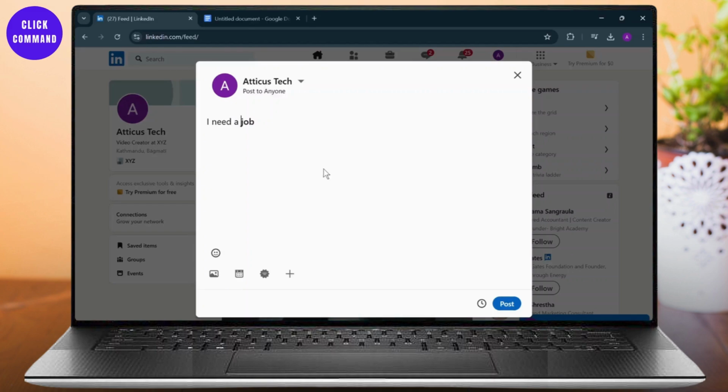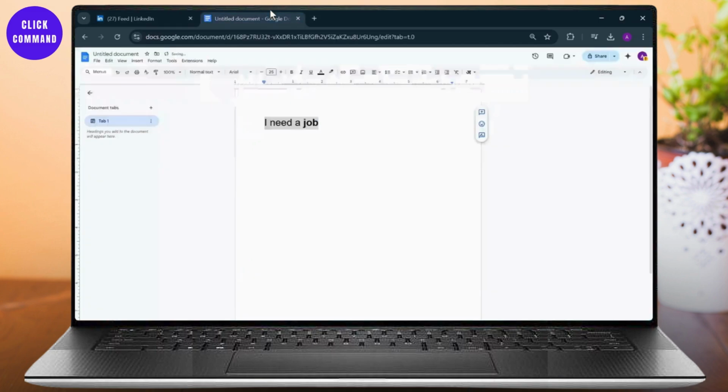The first thing you will need to do is simply type in whatever you want in your LinkedIn. After you type in something, you will simply need to keep on typing it, and as you can see, this is in bold. Now, for some people, if you simply select the text and hit Ctrl B, it should work and give you a bold text, but for some it does not work that way. So if it does not work that way for you, simply head over to your Windows